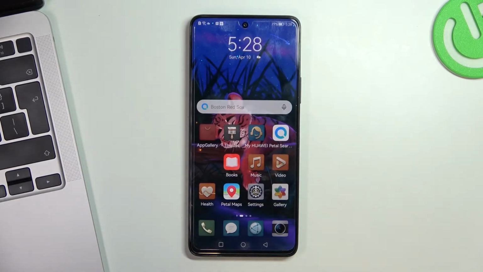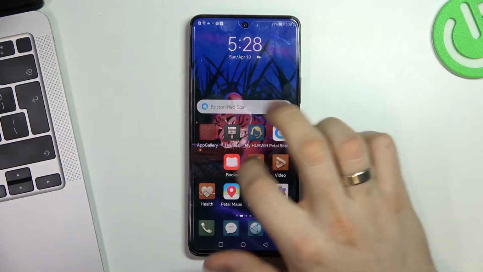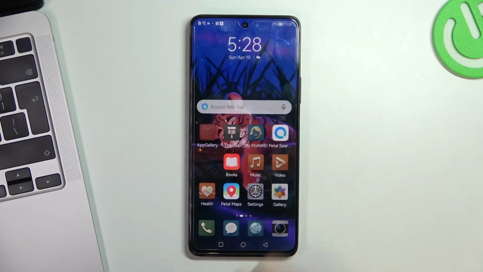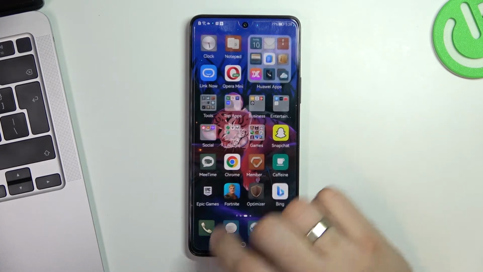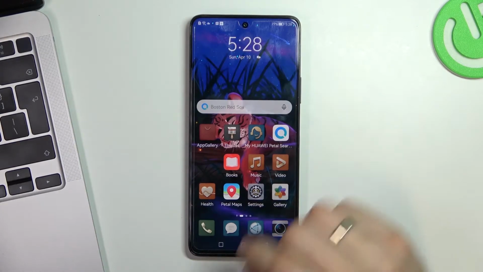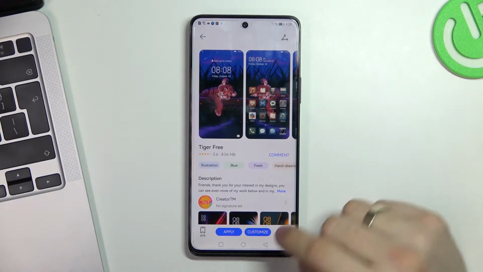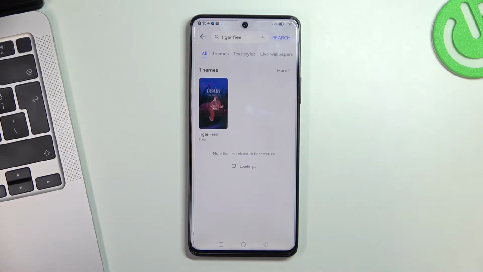So theme was already applied, and as you can see, this theme brings the old system icons to your system, and for those people who have been using Huawei devices for a long time, it will give a nice nostalgic feelings. So this theme was on the third place in our top, but on the second place in our top